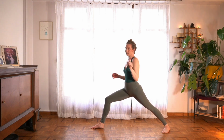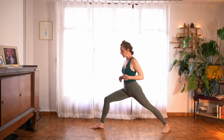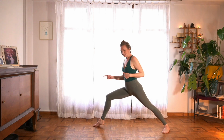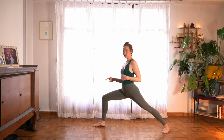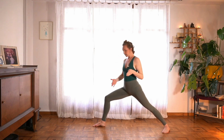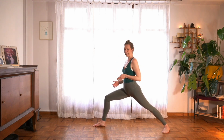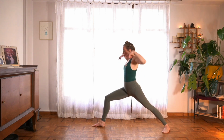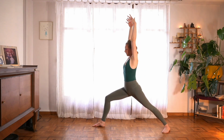So if that doesn't feel so good, like for me, I'm gonna just move my right toes and then my right heel. I'm gonna heel toe my foot over to the right. So I'm just widening my feet a little bit, giving myself some space. Wherever you are, draw in through your legs and down through your feet in order to reach up and